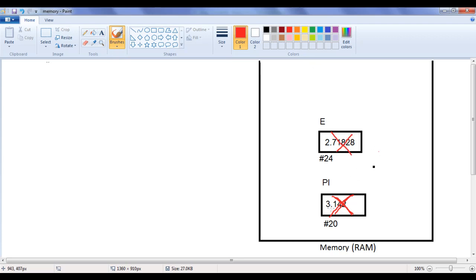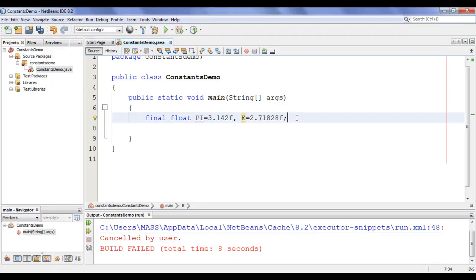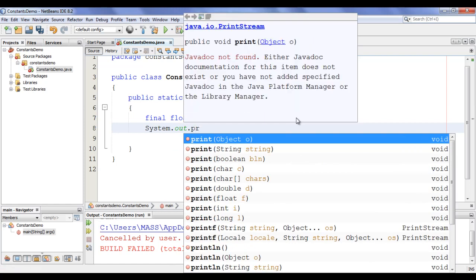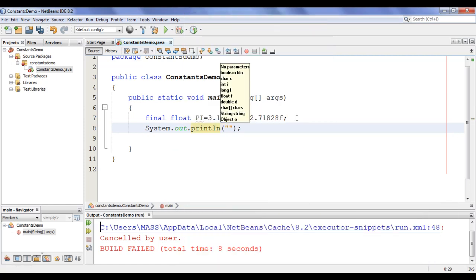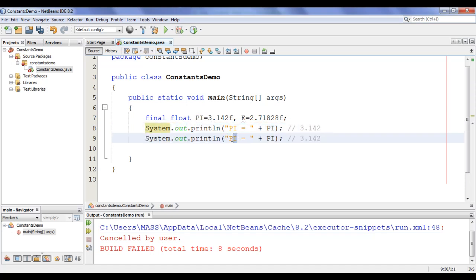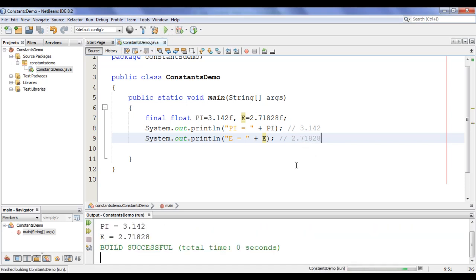Let's display the value inside pi and e using System.out.println. I say here System.out.println. In double quotations, I say pi equal to plus pi. Definitely we will get here 3.142. I copy this line of code, paste down. Instead of pi, I say here e. Definitely we will get here 2.71828. If I say run project, you can see that it has displayed pi equal to 3.142 and e equal to